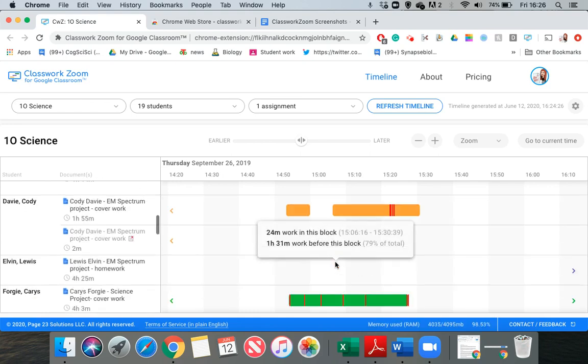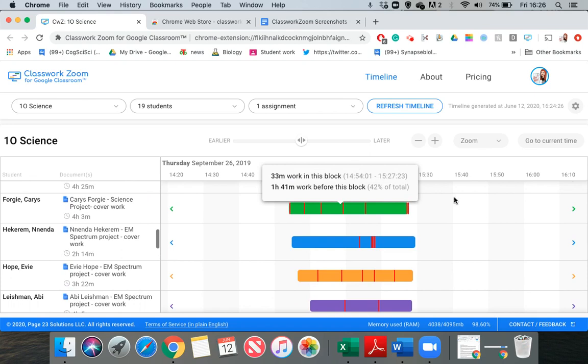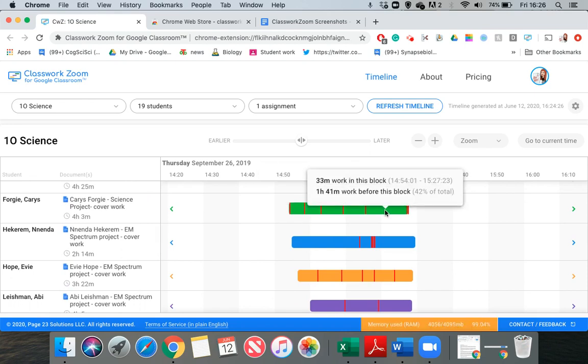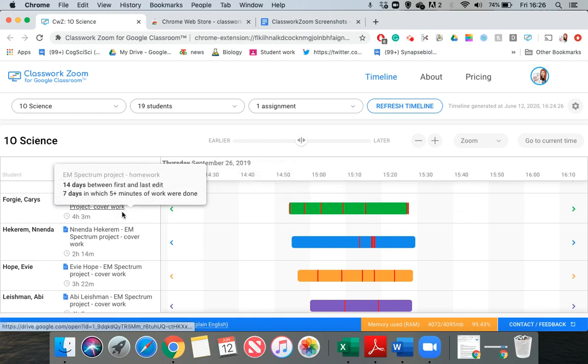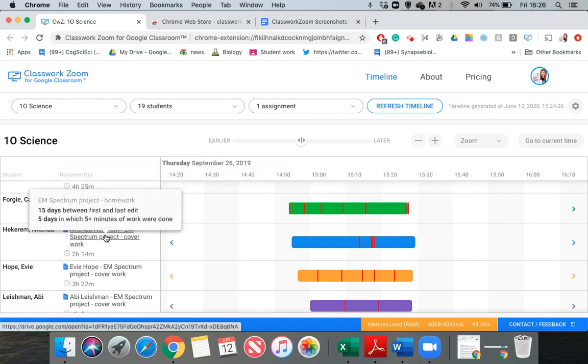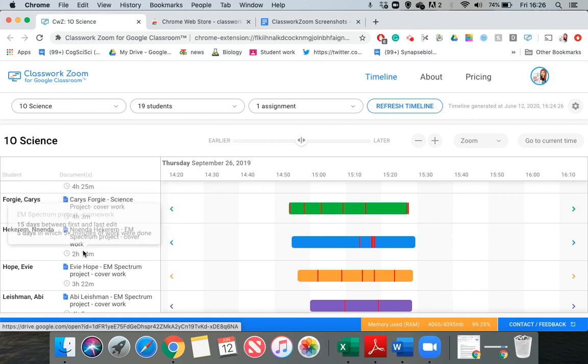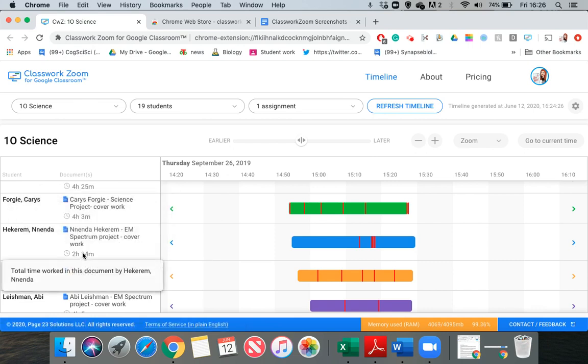So basically the idea with this is you can hover over these blocks, which are blocks of work. By hovering over things, you get extra information. So by hovering over the document under the person's name, it'll tell you how many days between the pupil's first and last edit of the document, and you can also see in how many days 5 or more minutes of work was done. And here, under the assignment, you can see the total amount of time worked by the student